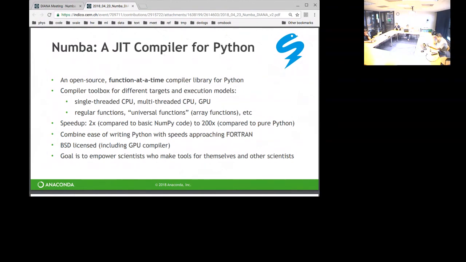And so in those situations, you can often write a much simpler function using Numba to compile that from pure Python down to machine code. Our goal, really, our gold standard is Fortran. We have a joke that Numba is actually rehashing the history of Fortran. I think we're up to Fortran 95, possibly with some bits of Fortran 2003 and later in there. But really, Fortran speeds are what we're going for. But we want to keep that with the ease and the feel like you're writing native Python and NumPy code. The compiler is BSD licensed.